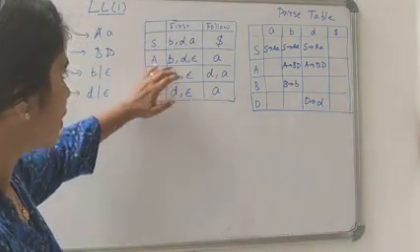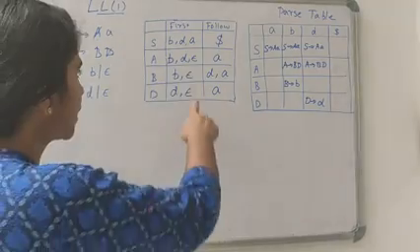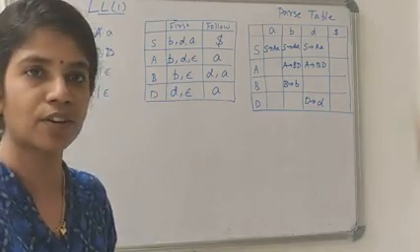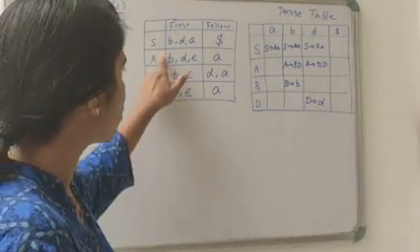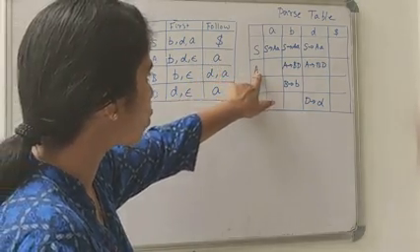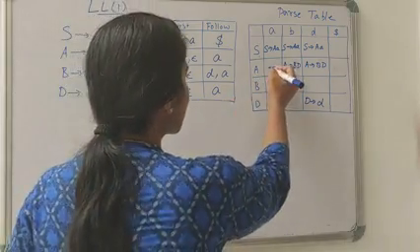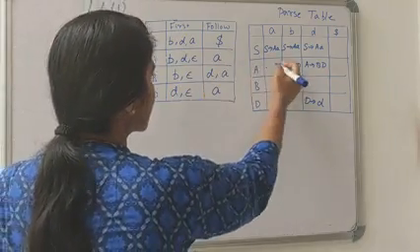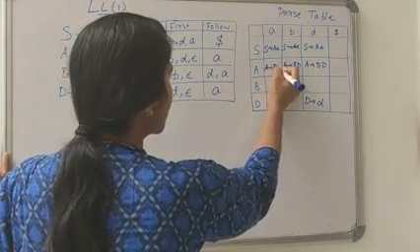And now look at where epsilon comes in the first list. In the list of A, first of B and first of D contains epsilon. So you need to take the follow of that particular non-terminal. Follow of A is small a. So in the row of A and column of small a, we will write the second rule, that is A gives B D.